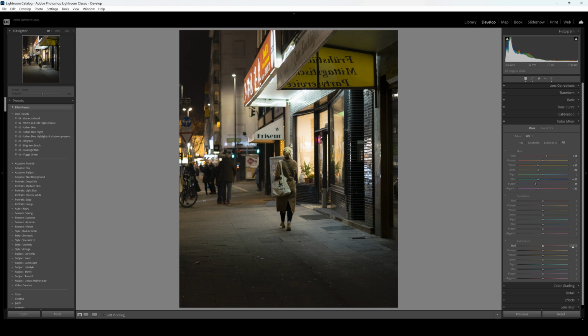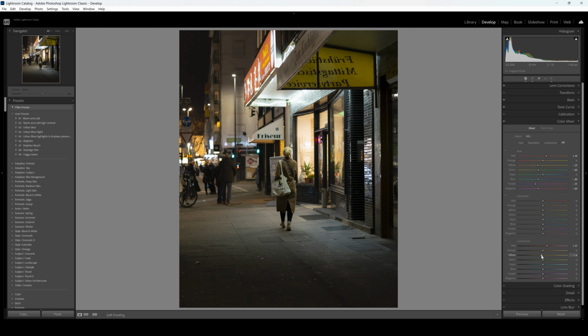Reds I'm gonna see, I might make them a little brighter. Yeah, just a tiny bit. Again, I want the sign to not be too punchy, and I want it to be a little less saturated, and adding some luminance helps me achieve that without making it look too faded and gray. Orange, I might, no, oranges are fine, I think. I don't want to change the luminosity. Yellows might make it a little bright. No, making it brighter makes it look a little too prominent. So moving it down,